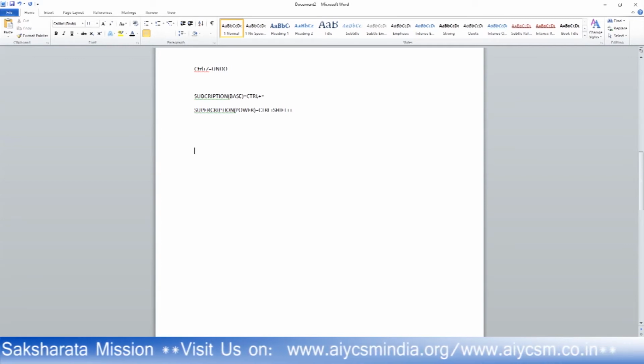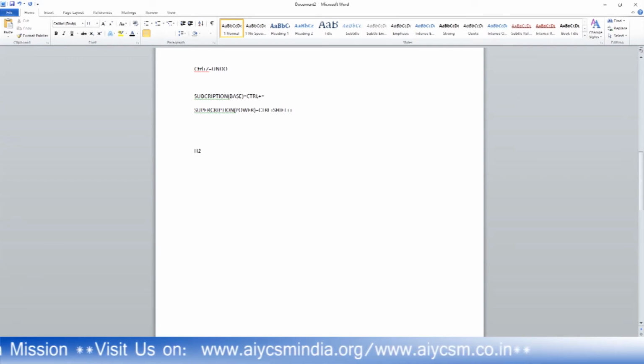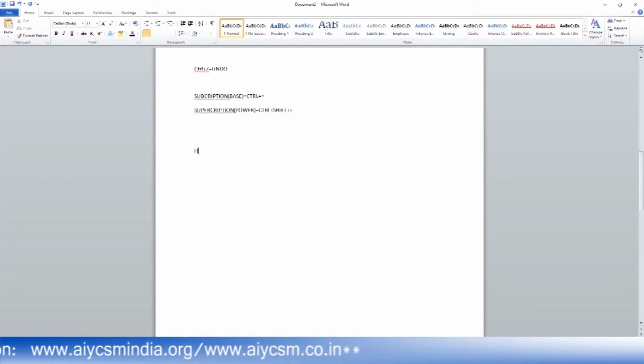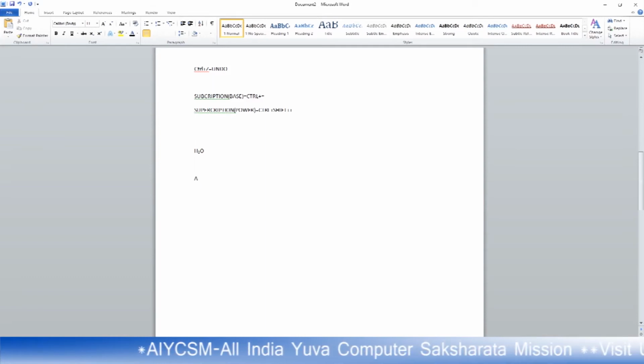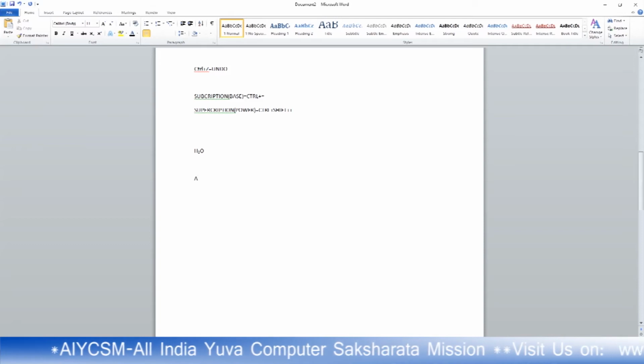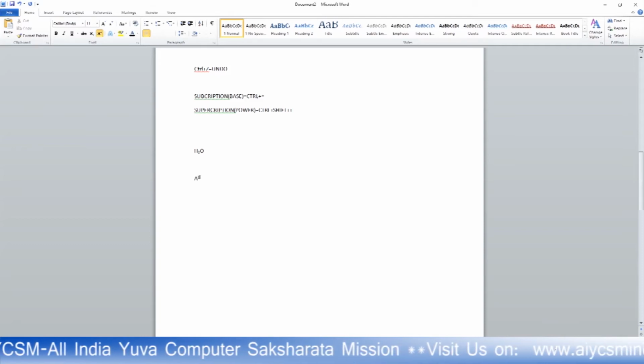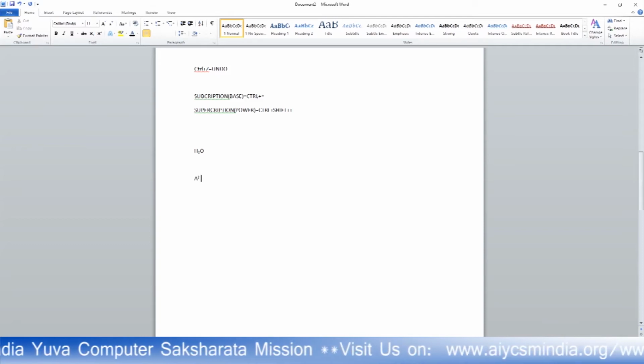If you want to print something in the base, like H2O, just typing H2O doesn't mean anything. If you want to print it as base, press Control equals, type 2, then Control equals again, then O. That means it comes into the base. If you write A2, it doesn't mean A squared. Press Control Shift plus, and it goes to the power.